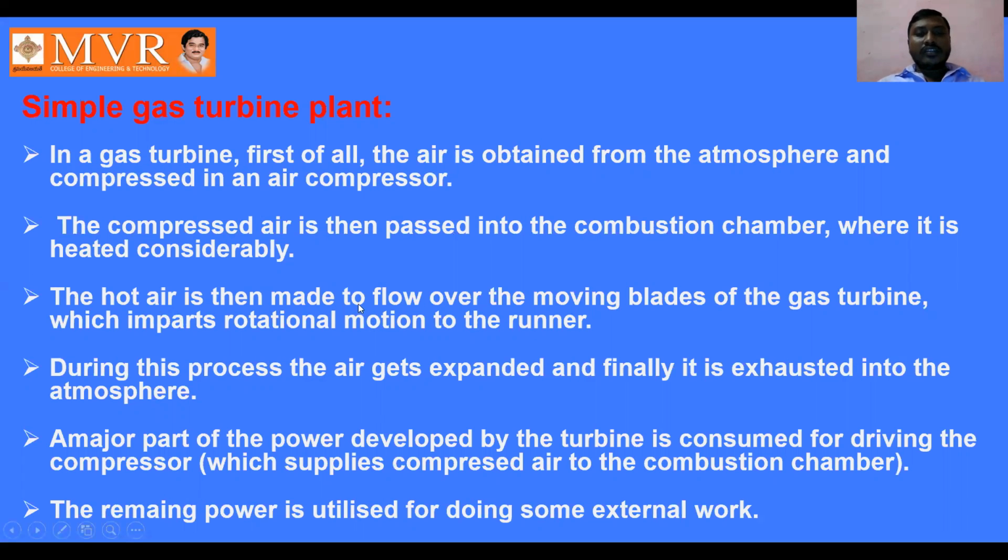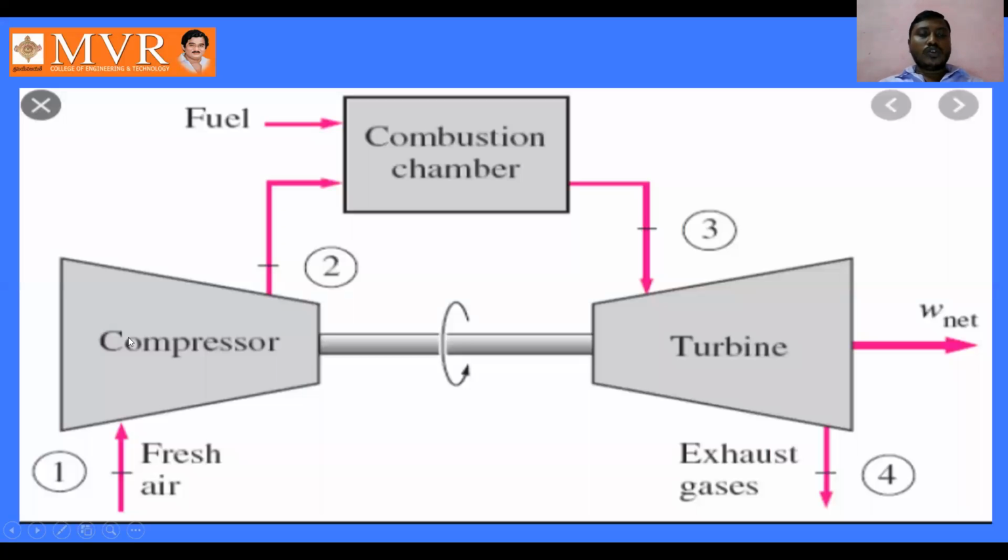See here, the hot air is then made to flow over the moving blades of the gas turbine, which imparts rotational motion to the runner. During this process, the air gets expanded and finally it is exhausted into the atmosphere. A major part of the power developed by the turbine is consumed for driving the compressor. The remaining power is utilized for doing some external work, which I have shown you in the diagram,